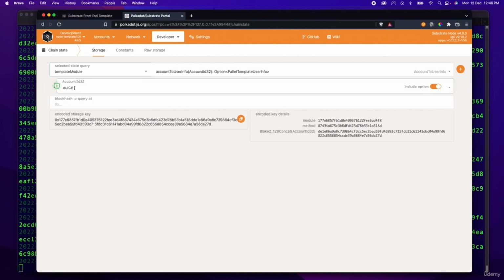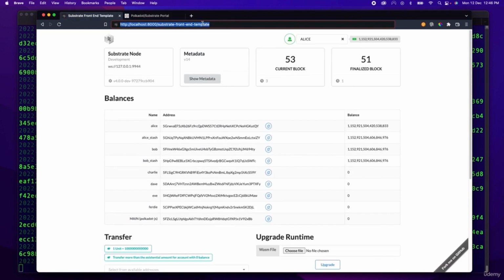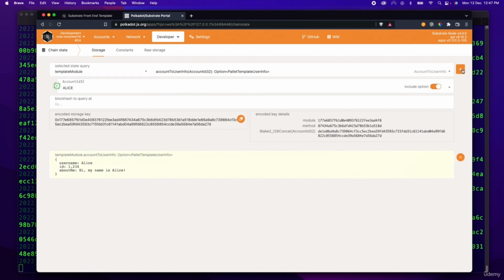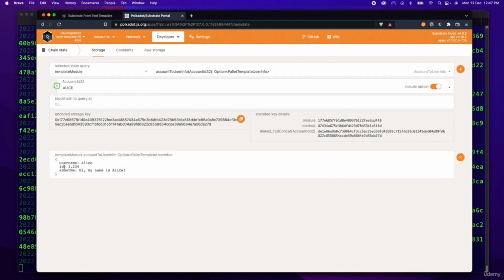Make sure it's selected to Alice because that's what we did right here. And go ahead and press the plus sign. Now we can see that it did the query and it returned username Alice, ID 1234, and "hi, my name is Alice" as the about me. So congratulations, you just stored user metadata on the blockchain using your very own custom-made blockchain module or palette using